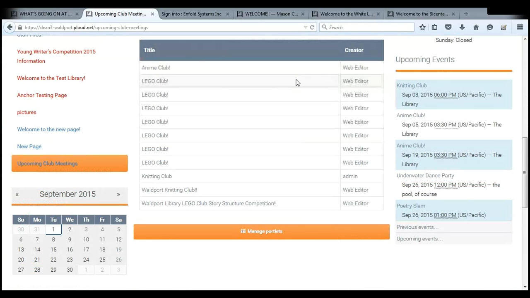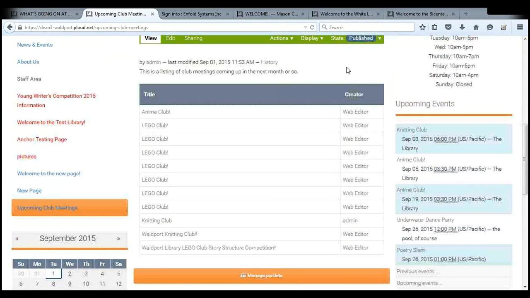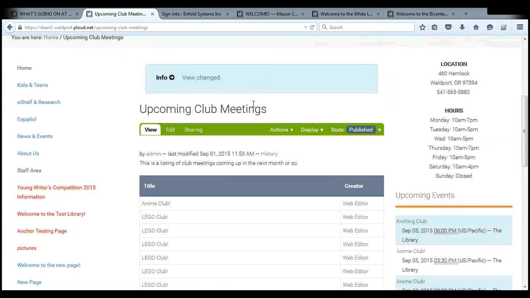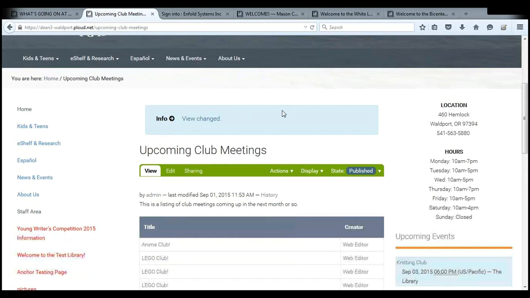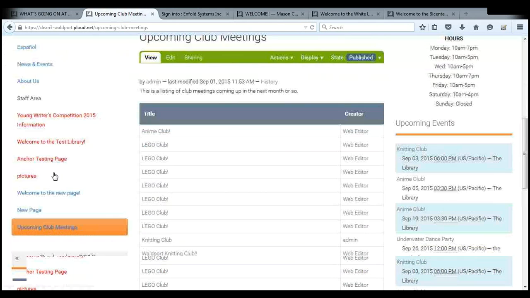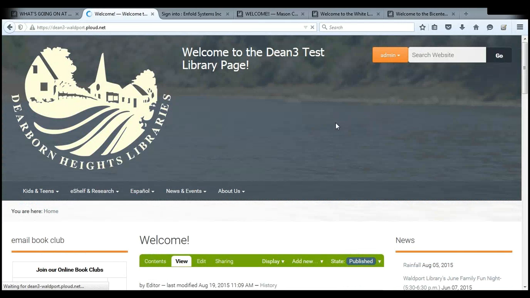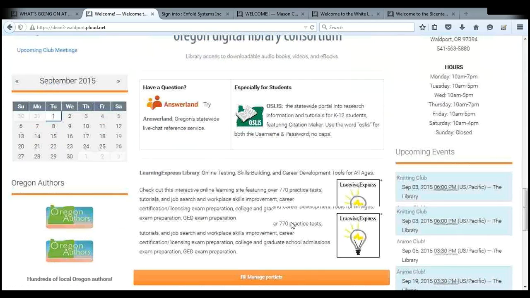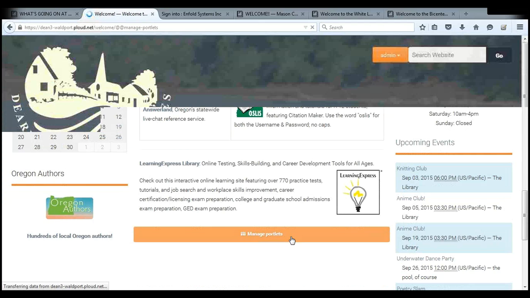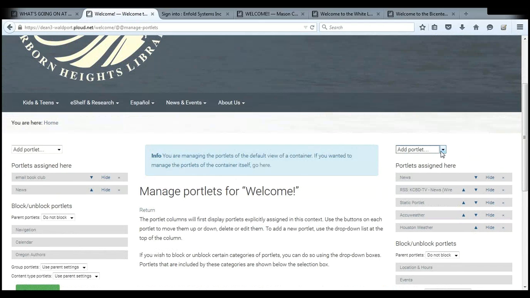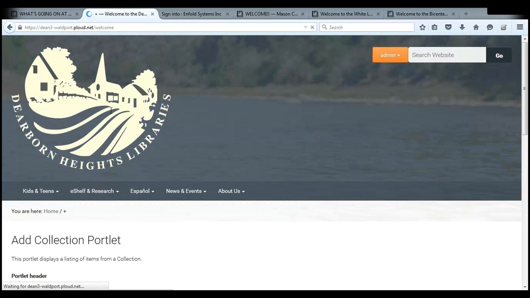And so, say I have this collection now, and now I want to take this and display it somewhere. Because right now it's just a collection that I put on my site. Like I'd have to go down and go to this page here. But what I can do is on my home page, if upcoming club meetings are a thing that I want to keep everybody abreast of, then I can add a new portlet. So I can go down and click Manage Portlets in the middle of the page, and then add a collection portlet. And what that will do,